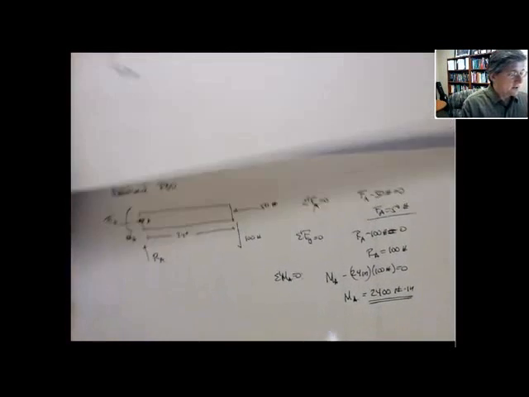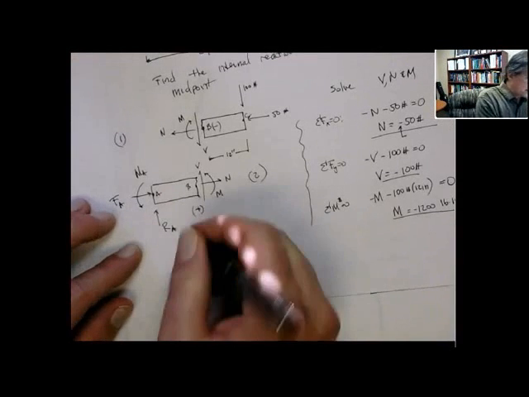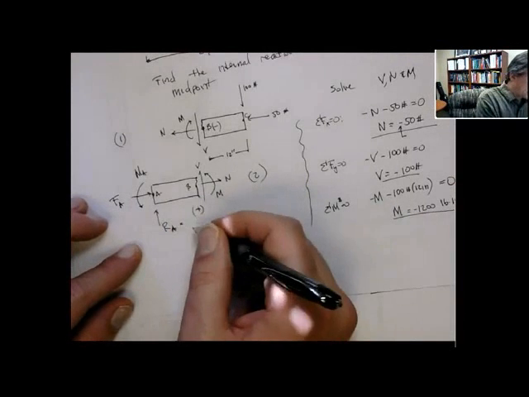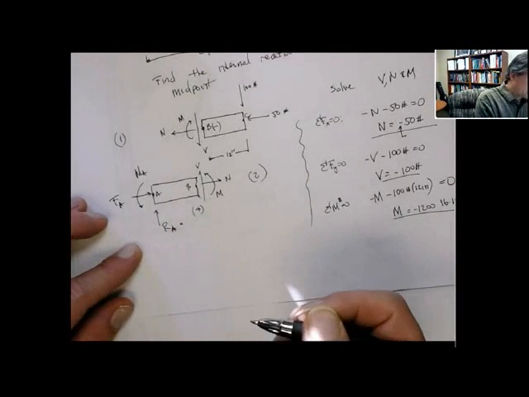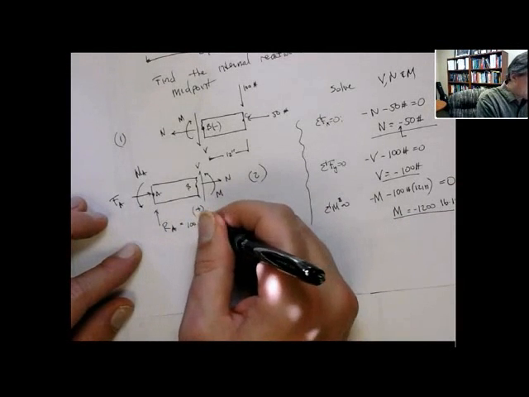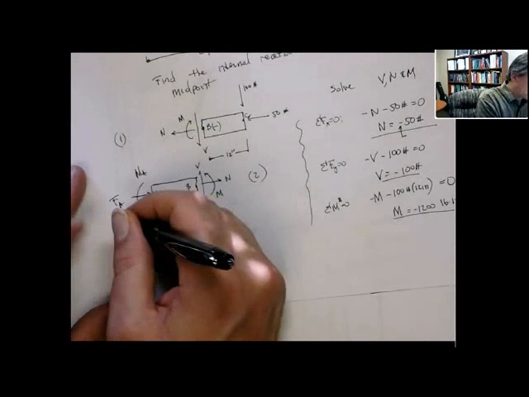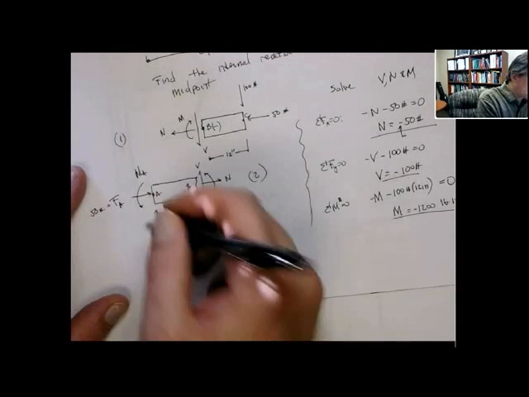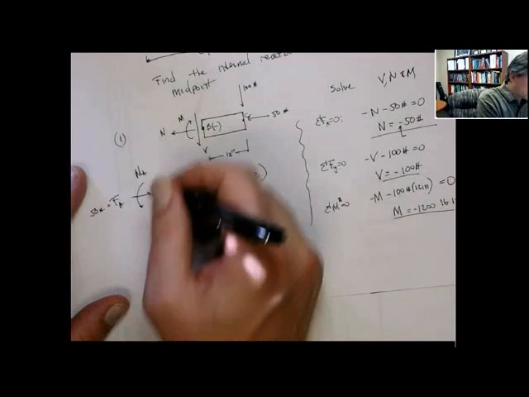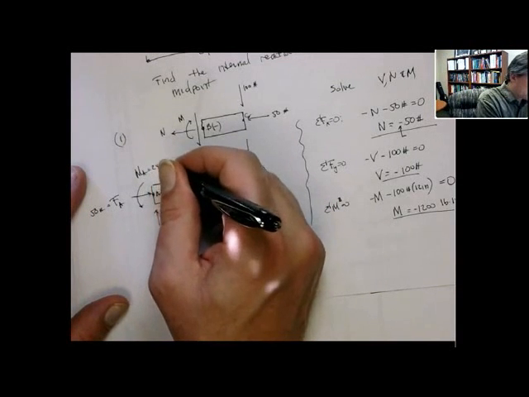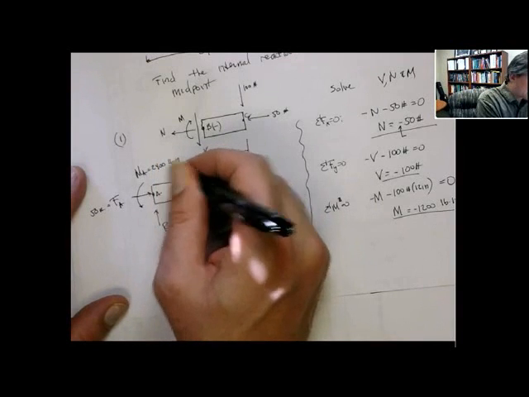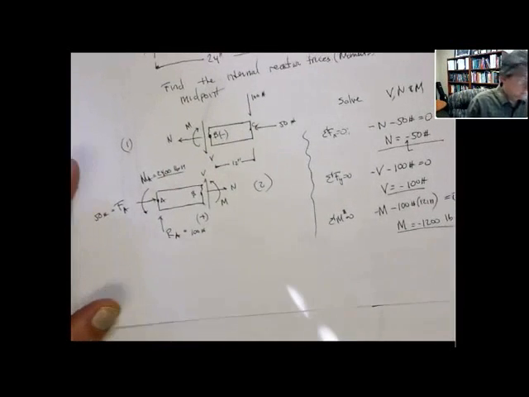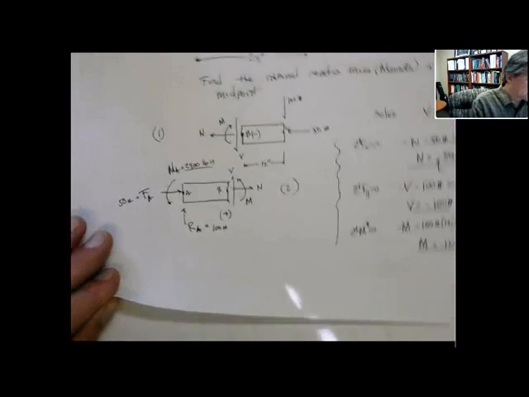Let's go back and visit this diagram. I know that this is equal to 100 pounds. It's going up. This is equal to 50 pounds, and this is equal to 2,400 pound inches. Okay? Now, with that, I can do